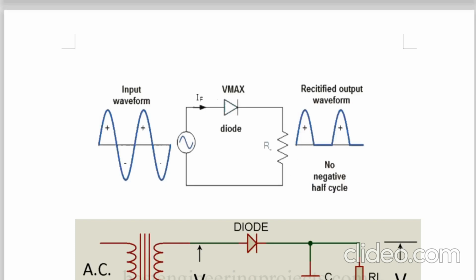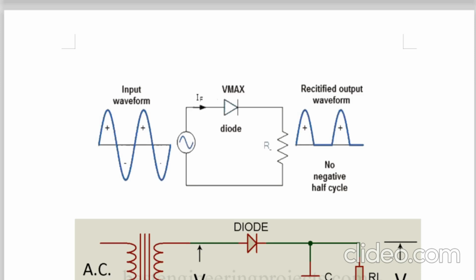All of you know that a rectifier is a circuit which converts AC into DC. And there are three types of rectifiers: half wave rectifier, full wave rectifier, bridge rectifier. These three rectifiers are designed by using a transformer as a component, which converts high AC voltage into low AC voltage, and the next component which comes after the transformer is the PN junction diode. In a bridge rectifier, 4 PN junction diodes are there. In a full wave rectifier, 2 PN junction diodes are there. In a half wave rectifier, only 1 PN junction diode is there.